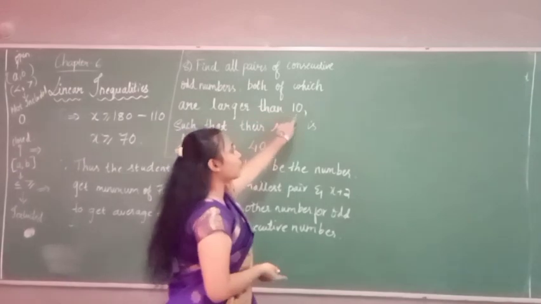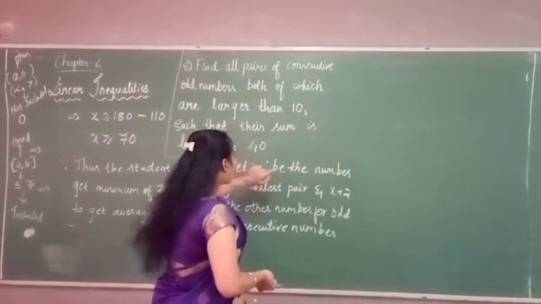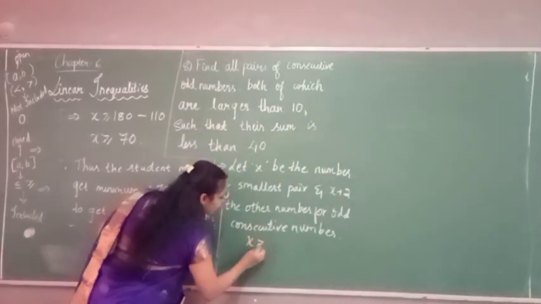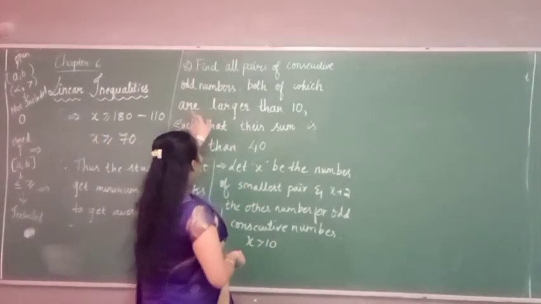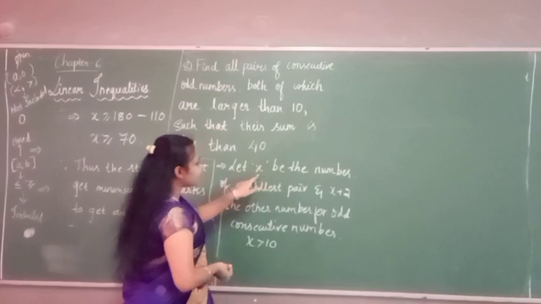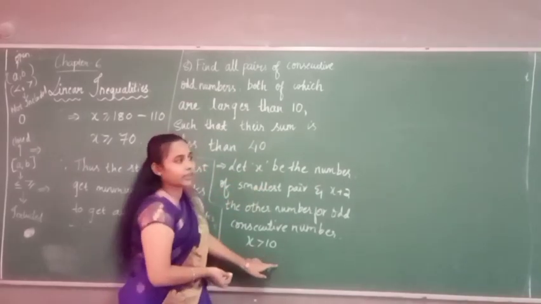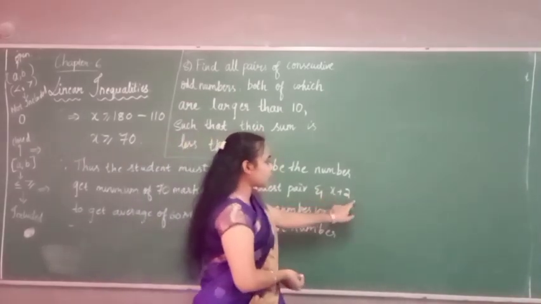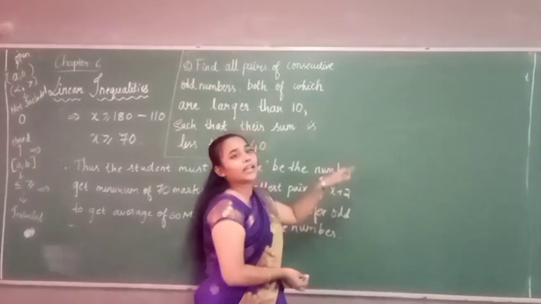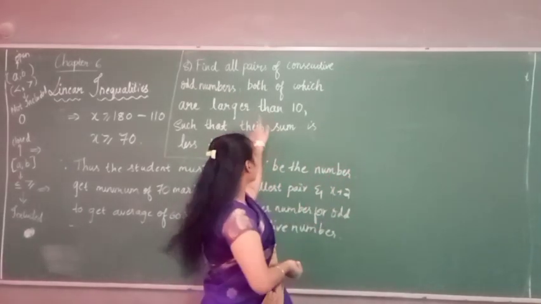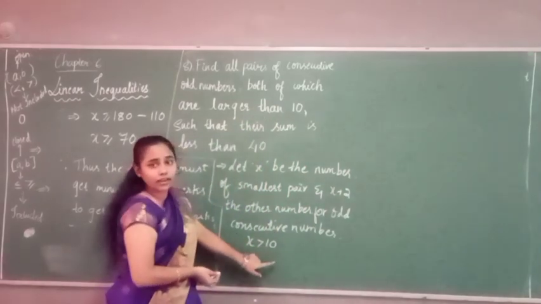But here we have the question as x is greater than 10. So what do I consider? x is greater than 10. Is it clear? For that reason, we will be substituting for the larger one. I will just consider the highest variable, that is x is greater than 10. If I take x plus 2 is greater than 10, as I said earlier, when I simplify I will again be getting x greater than 8, not 10. For that reason, I have taken x greater than 10.